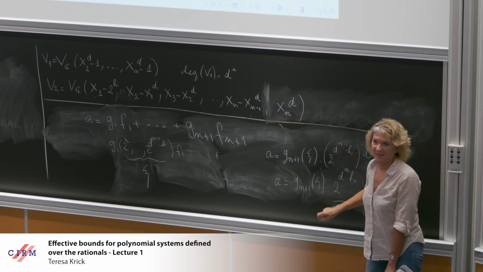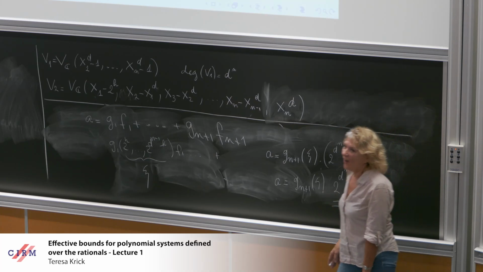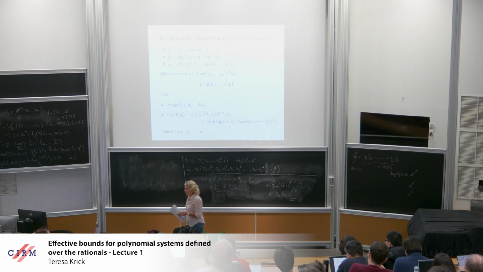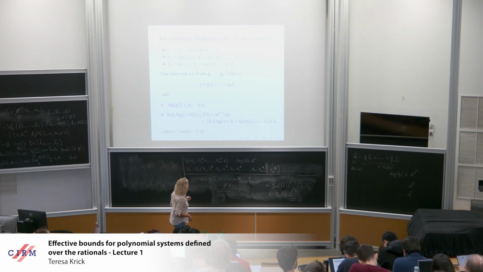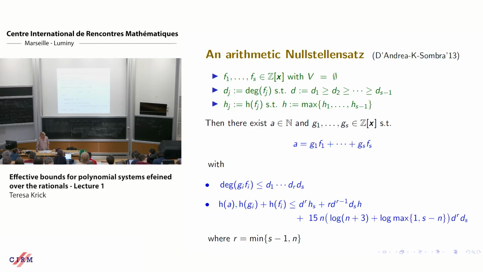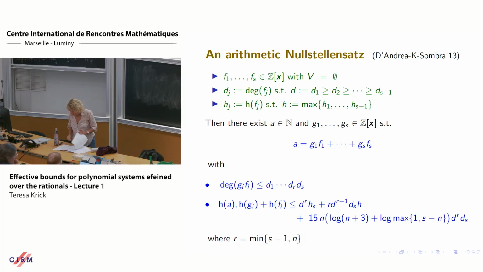And there is another classical example by Masser and Philippon, which shows that the degree bound is also sharp. So we cannot expect any better degree bound than d to the n. So these bounds are again sharp. Okay, and I think I wrote that result in the notes, but now I'm not finding it.